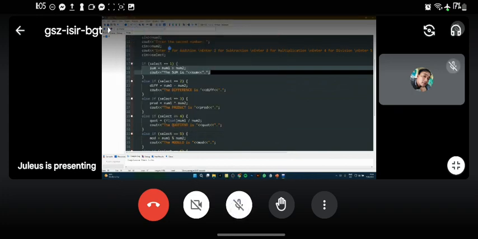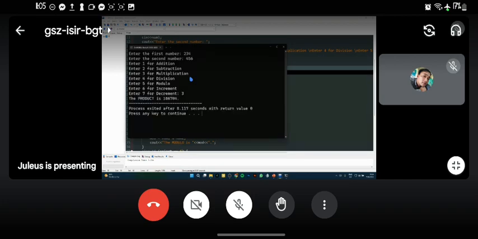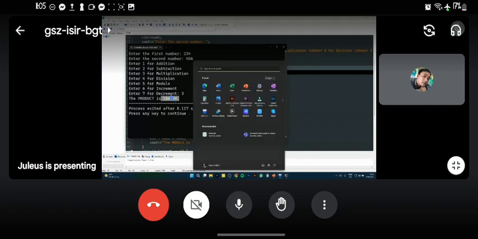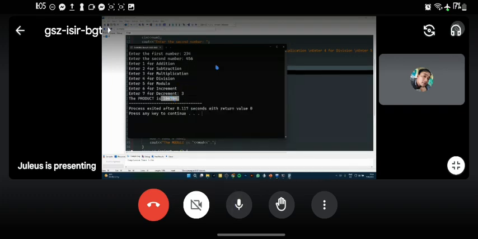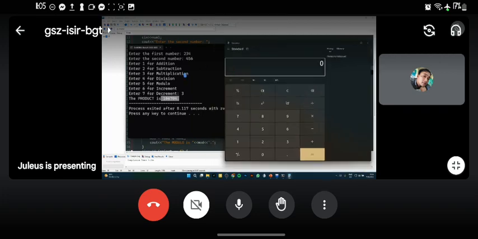This time, let's try to do the product. So let's enter the numbers. Let's enter 3 for multiplication. And it says here the product is this. I don't think it's right. Let's try to check with a calculator. So we created a calculator app, but to check whether our calculator is working, we need to use another calculator. 234 multiply by 456. 106,704. All right, that's correct.